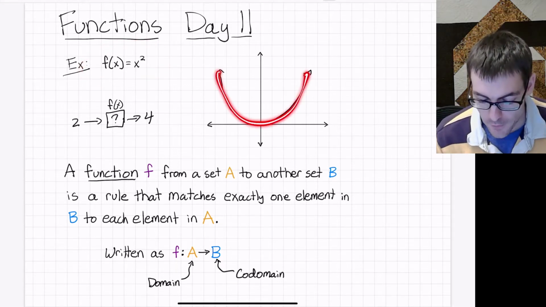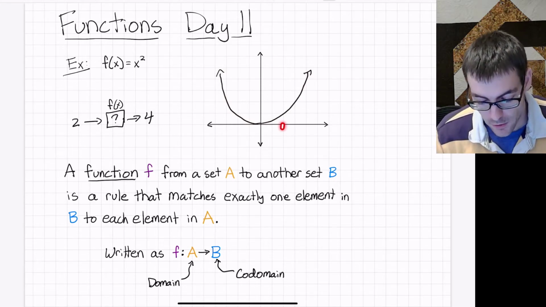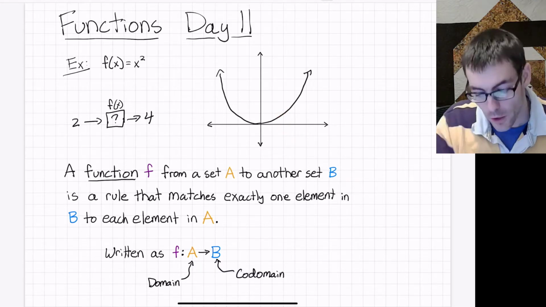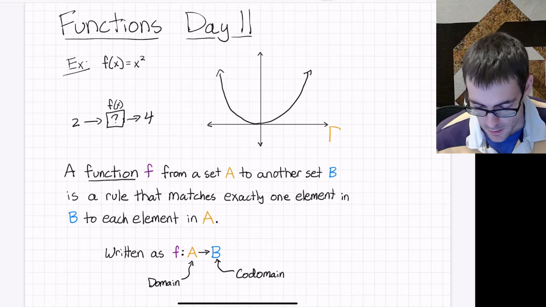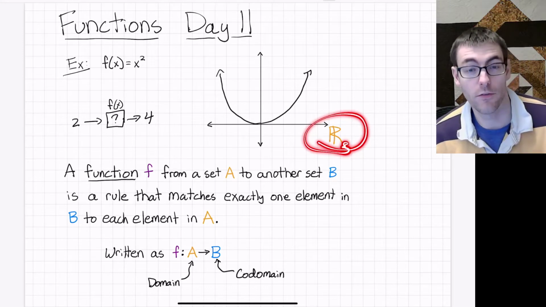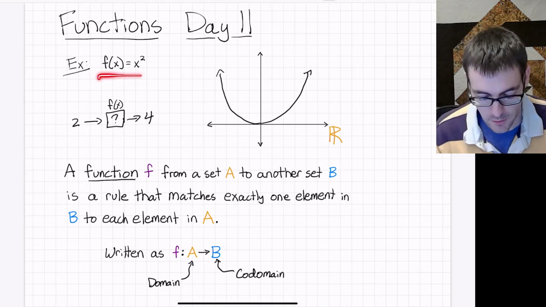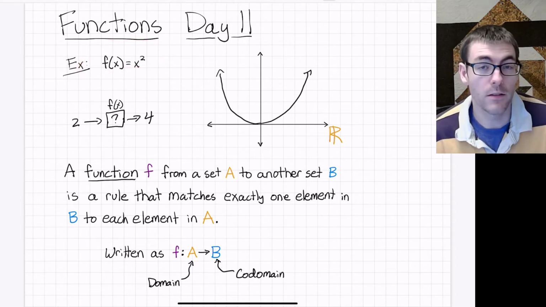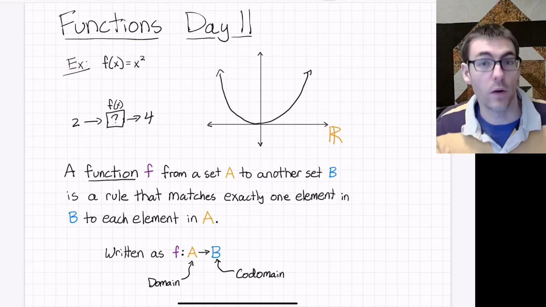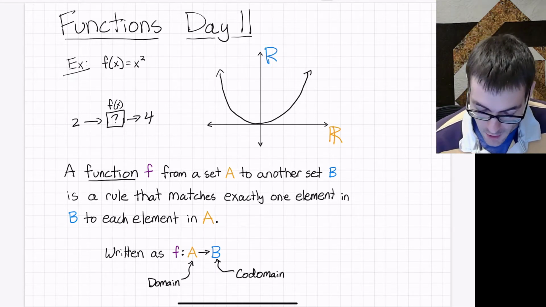Well, the way I've drawn this parabola, this is illustrating the fact that when we plugged in a certain value, we get out a certain value. In other words, we are plotting the domain along the x-axis. So I'm calling this R, so this is our notation for all real numbers, meaning that the types of things that we can plug into this function, at least when we're usually talking about it, are any number. Really any number you can think of, you can plug it in, square it, and see what you get out. Right? And then the numbers that we get out are also going to be numbers that come from the set